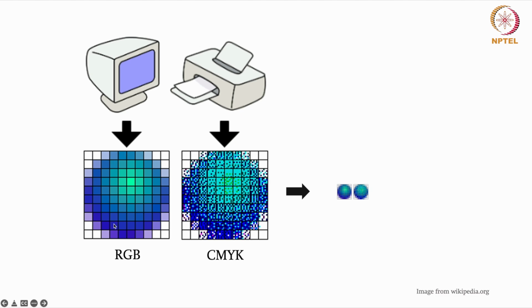So the same pixel which is visible on the screen in RGB mode, if it has to be reproduced through a printer, which works on DPI, dots per inch, you need more dots compared to the digital screen. Now here in this example, this small square is further divided into 6 more small squares, and this is how the number of dots has increased, so that when we are viewing this in two setups, one on the digital screen and second in printed format, both will look similar.